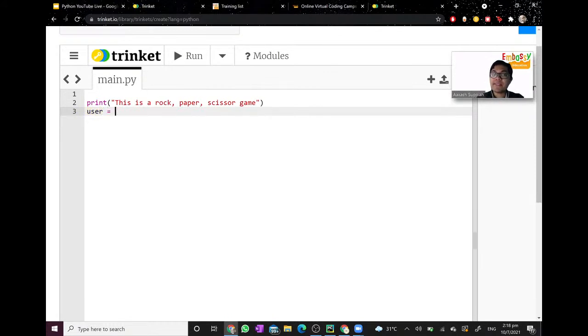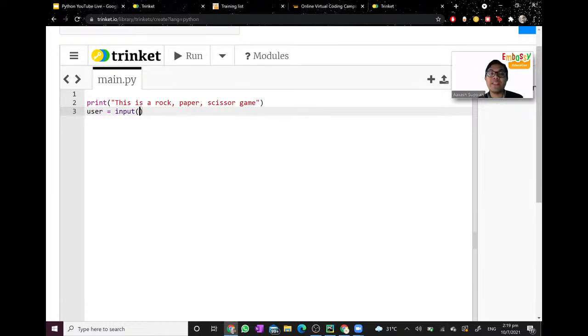But instead of equaling the variable user to a value such as 3 or 4, what I'll put now is input. So I use the input function. Then I open up the brackets here. What this bracket means is that brackets allow us to write down a prompt, which means it will ask the question or display its message before accepting the value of user. So if that doesn't make sense, let me show you firsthand.